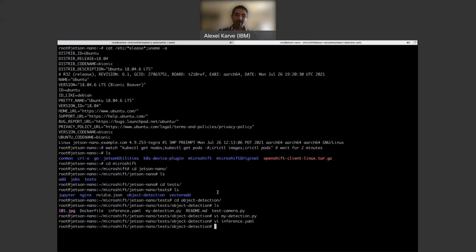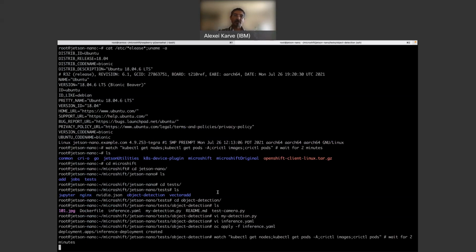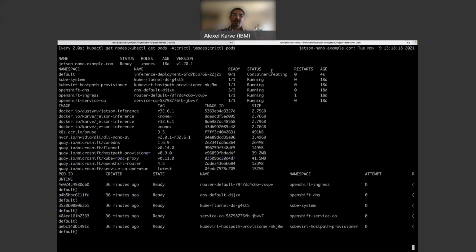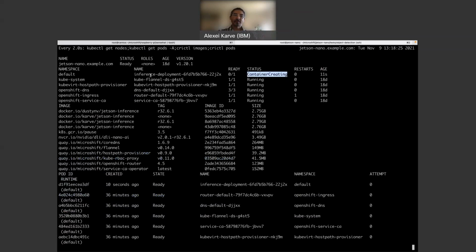So let's go and apply the inference.yaml file, and we'll look at the deployments. We'll look at all the pods and everything that is there. You can see that it is in the container creating state right now for the inference deployment. So this got created over here now. The pod is created